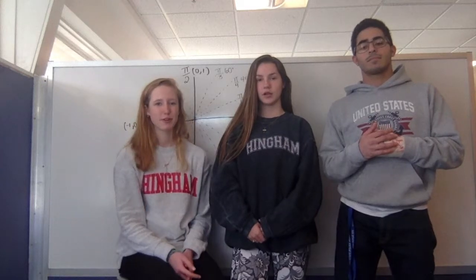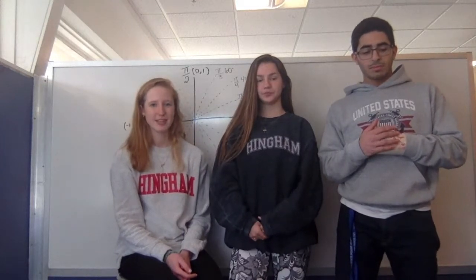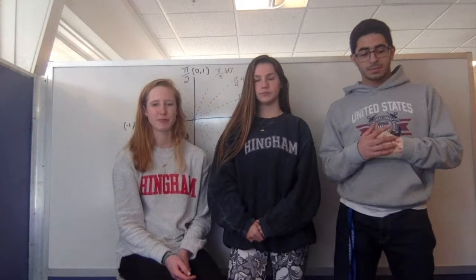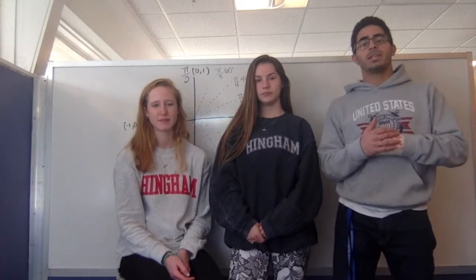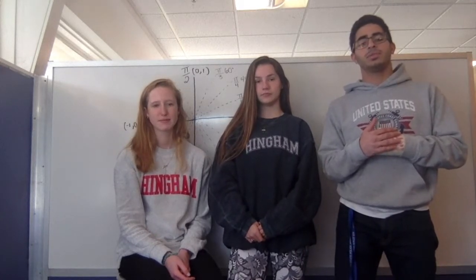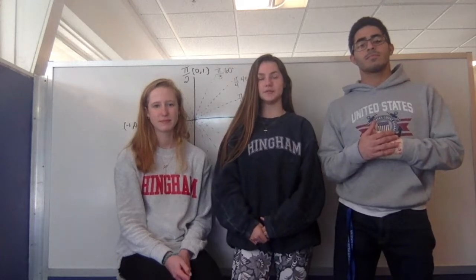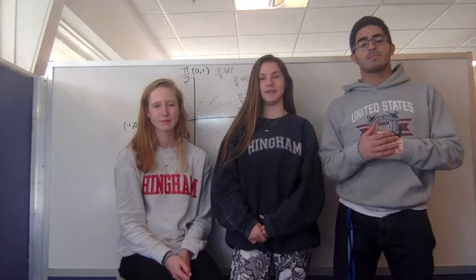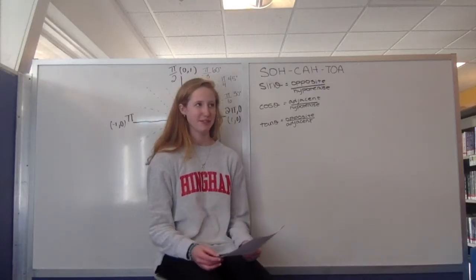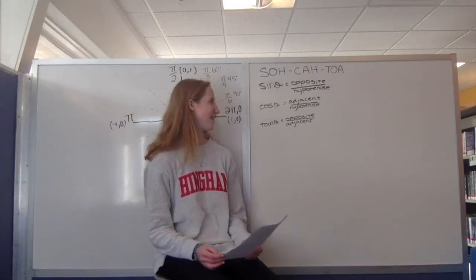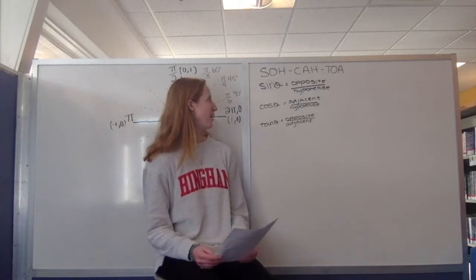Throughout Chapter 6, we learned about properties of trigonometric functions, the unit circle, and how to solve for angles and measurements. These concepts are important because they are the basis for the concepts that we've used to advance throughout the first semester. This chapter is also important because it can be used to find the distances, heights, and angle of elevation. Something we learned to use to find the angles and side measurements of triangles are SOHCAHTOA,